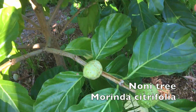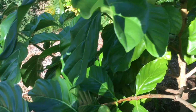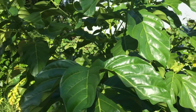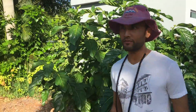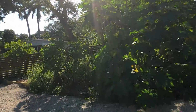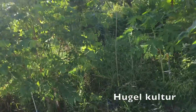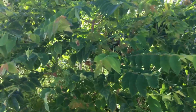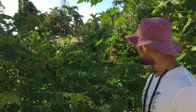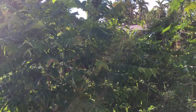You can see Noni, it's rich in vitamins and it has anti-cancer properties, and a very nice decorative tree to have as well, and it's growing fast, so it's a good tree to have in your yard. On the other side of the parking lot we have actually made a hugel which looks wild now, but we have planted a lot of edibles there, some creepers and climbers, and in front this is an Indian amla,